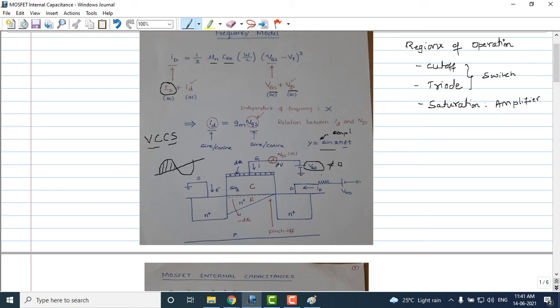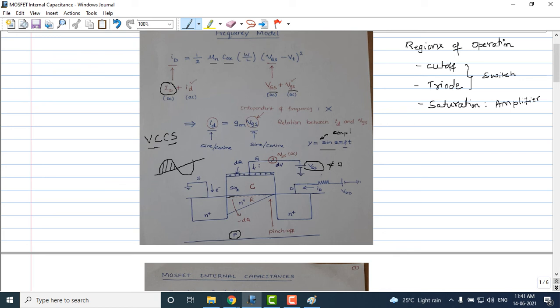Okay, so any change in this frequency component here changes the charge within this. And the entire MOSFET, if you see here, behaves like a capacitor. So what are the capacitors that we come across in the MOSFET? As you can see in the top plate here, this is going to be the metal plate or polysilicon that we call. And at the bottom, there is a substrate here. In this case, it is going to be the P-type substrate. There is a metal here. There is a substrate here.